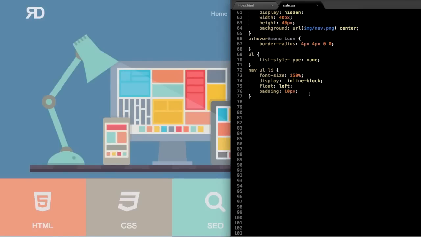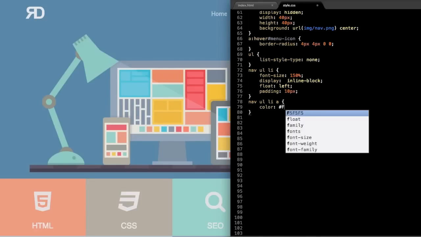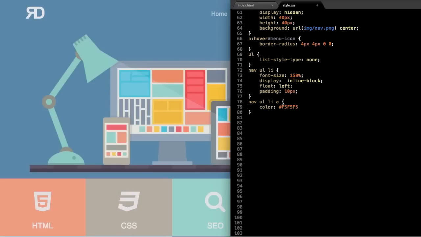So we're going to do that by referencing the links, and we're going to add a font family, the Allegria Sans font family. So let's write nav ul li a for the navigation list item links, and then we're going to give that a color of hashtag F5F5F5, which is kind of that off-white color. And then drop down,